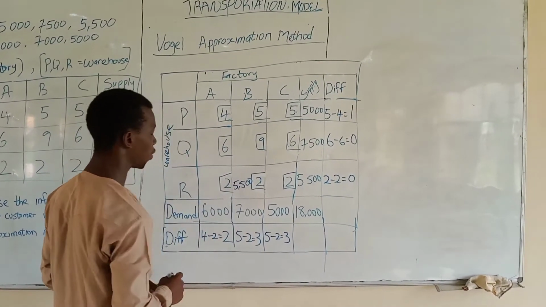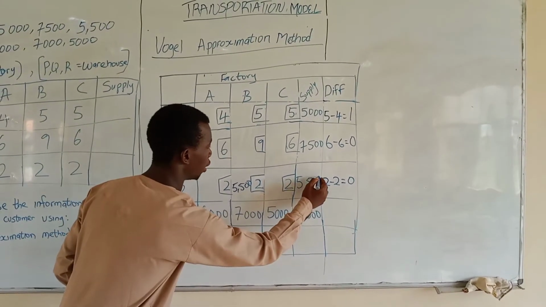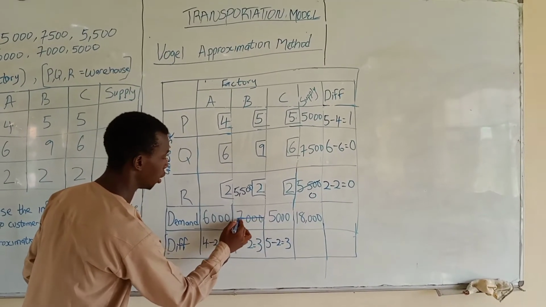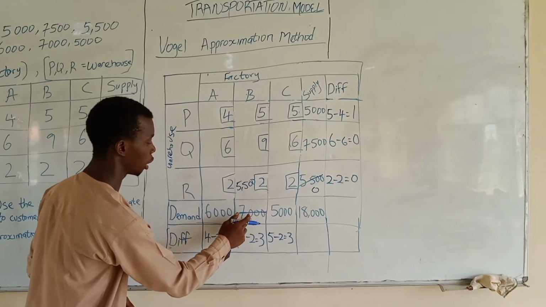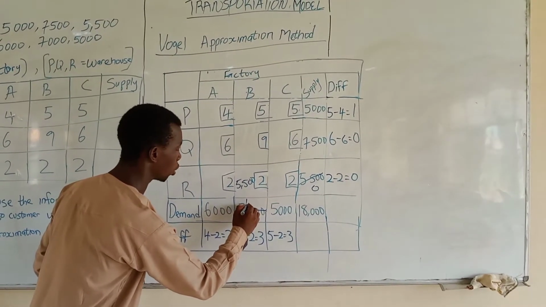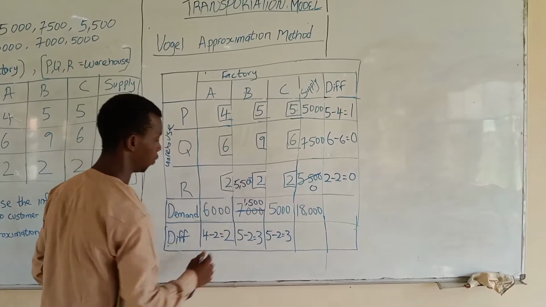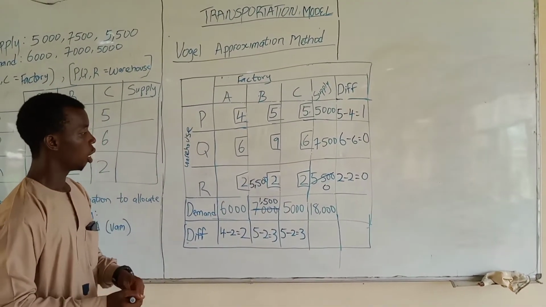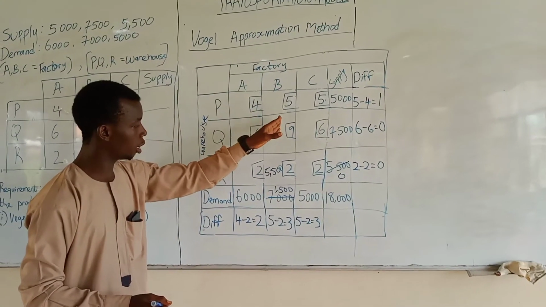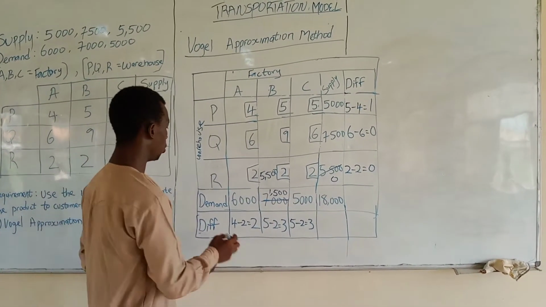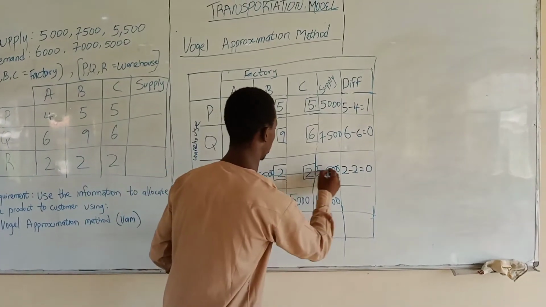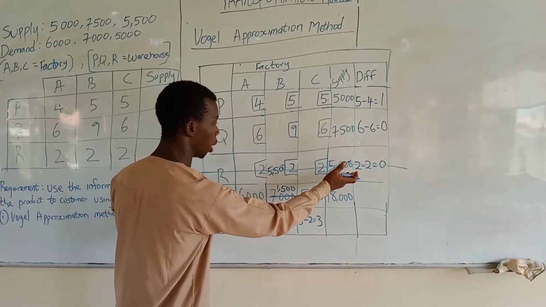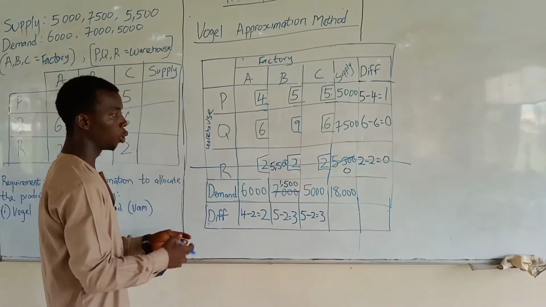5,500. We have this settled. Then we have this 5,500 minus 7,000. We have 1,500 left. So when we allocate this, we cancel the row and column. We will just place this, this place is settled. The row or column that has been settled, where we cannot allocate again, we cancel it, and we go further